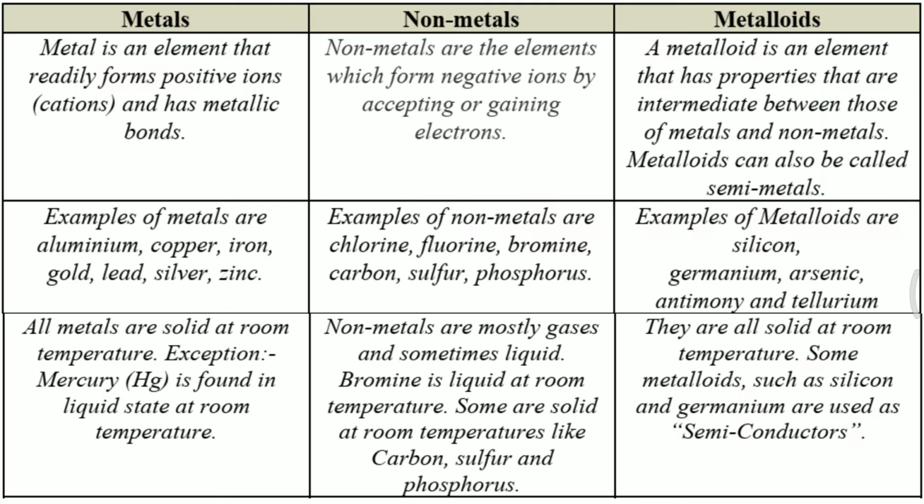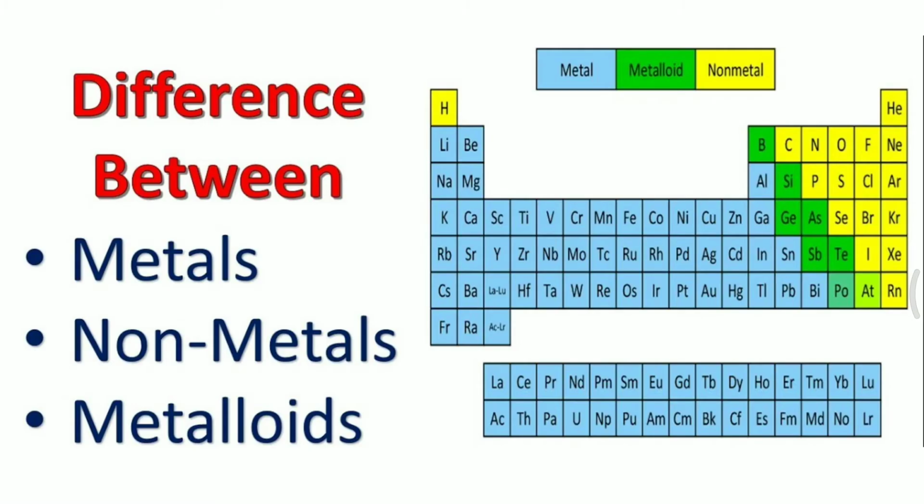So this is the long form of the periodic table and we can classify the elements as there are 118 elements in the long form of the periodic table or the modern periodic table. So these elements can be divided into metals, non-metals and metalloids. The blue color represents the elements having the metallic character. The green color represents the elements having metalloid character and the yellow color represents the non-metallic character for the elements.